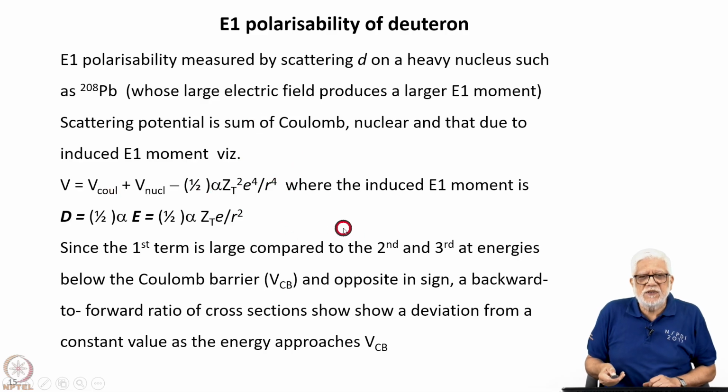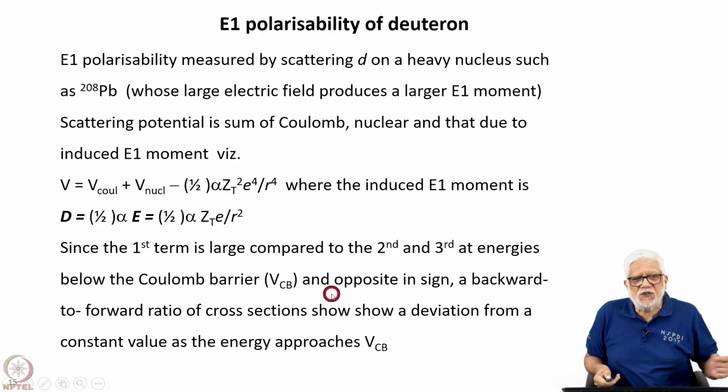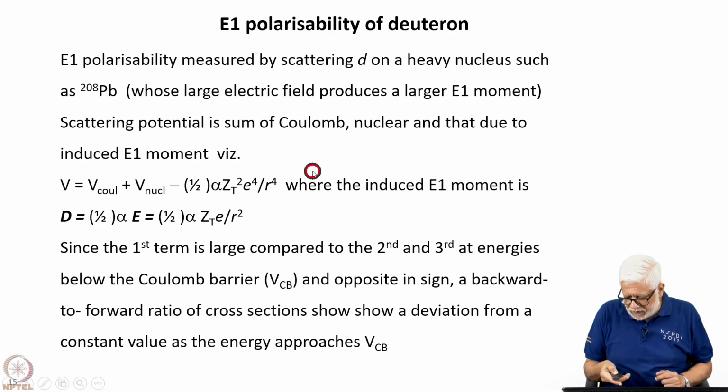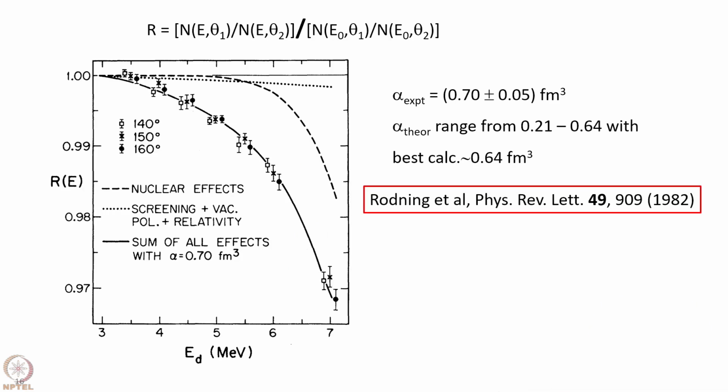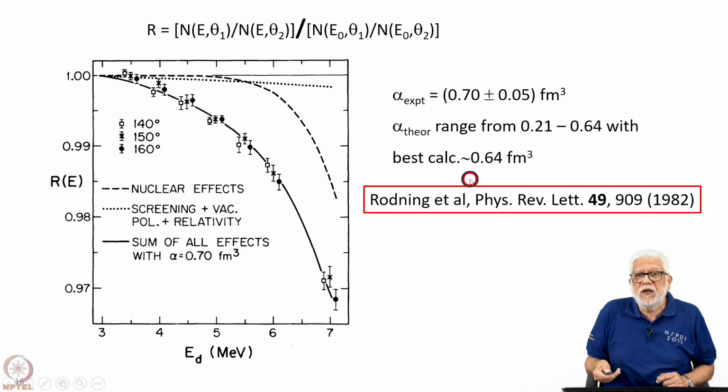So, what happens is, and this is opposite in sign, the Coulomb potential is repulsive, whereas this is attractive. So, you can see that if you measure the backward to forward ratio, this ratio should show a deviation from the constant value as the energy approaches the Coulomb barrier, because then at the Coulomb barrier you are the closest to the nucleus. So, this measurement has been carried out again by the group of Knudsen, and this is the 82